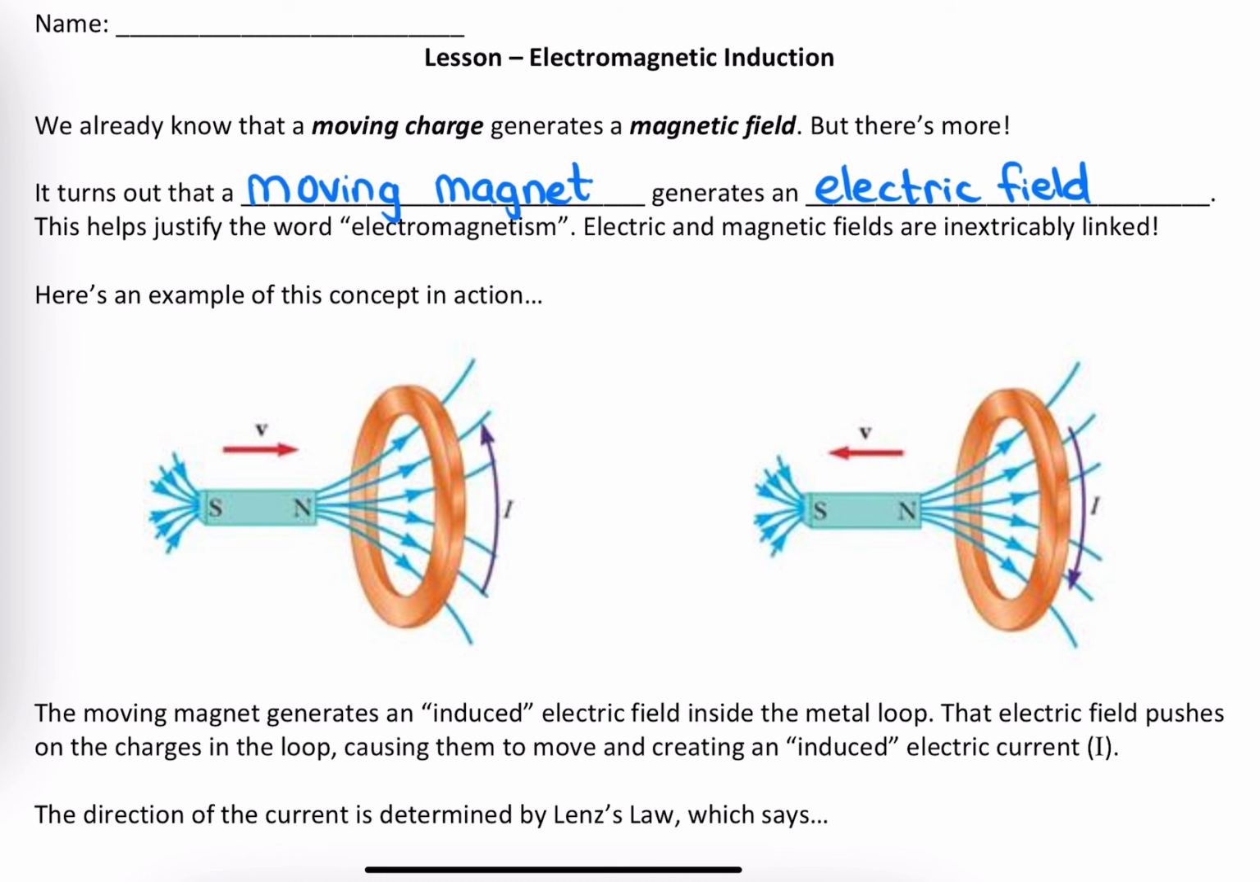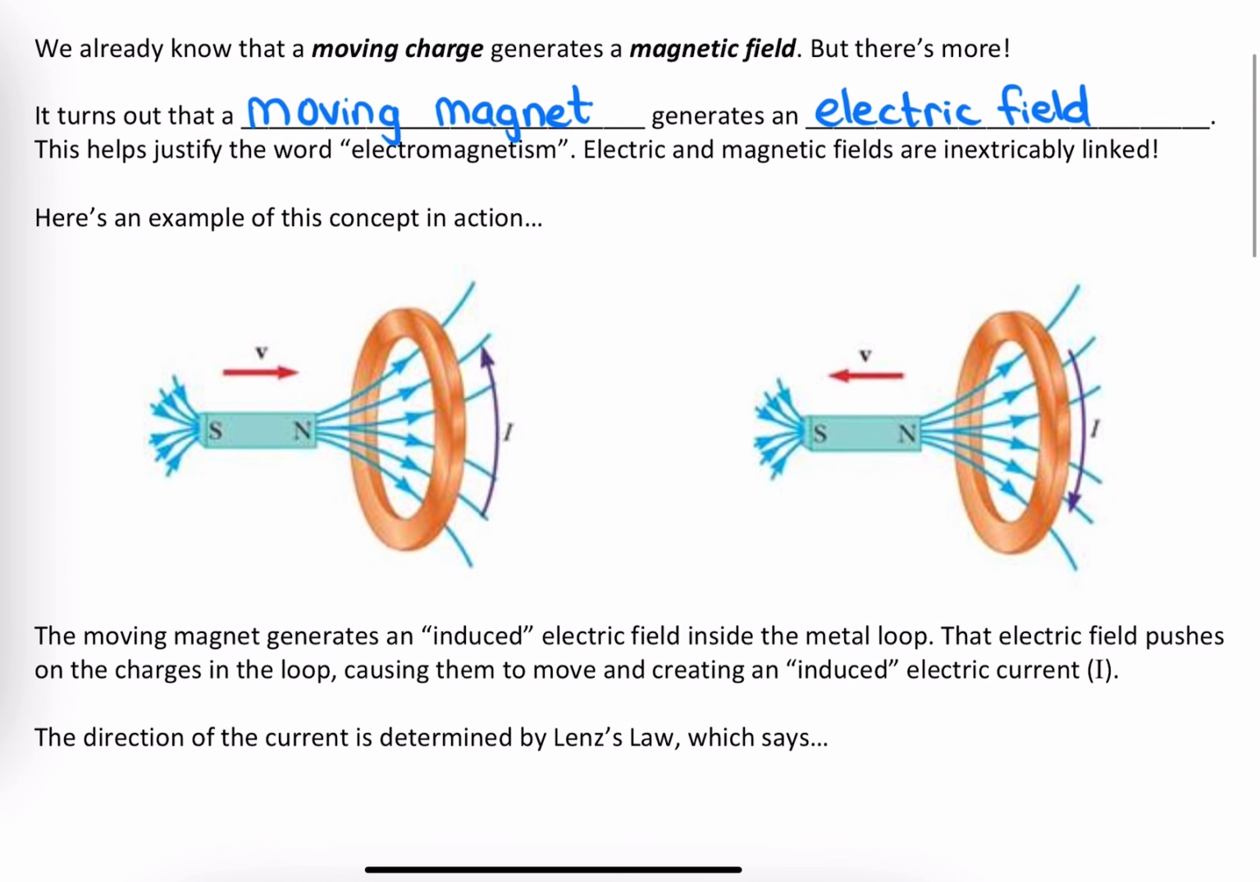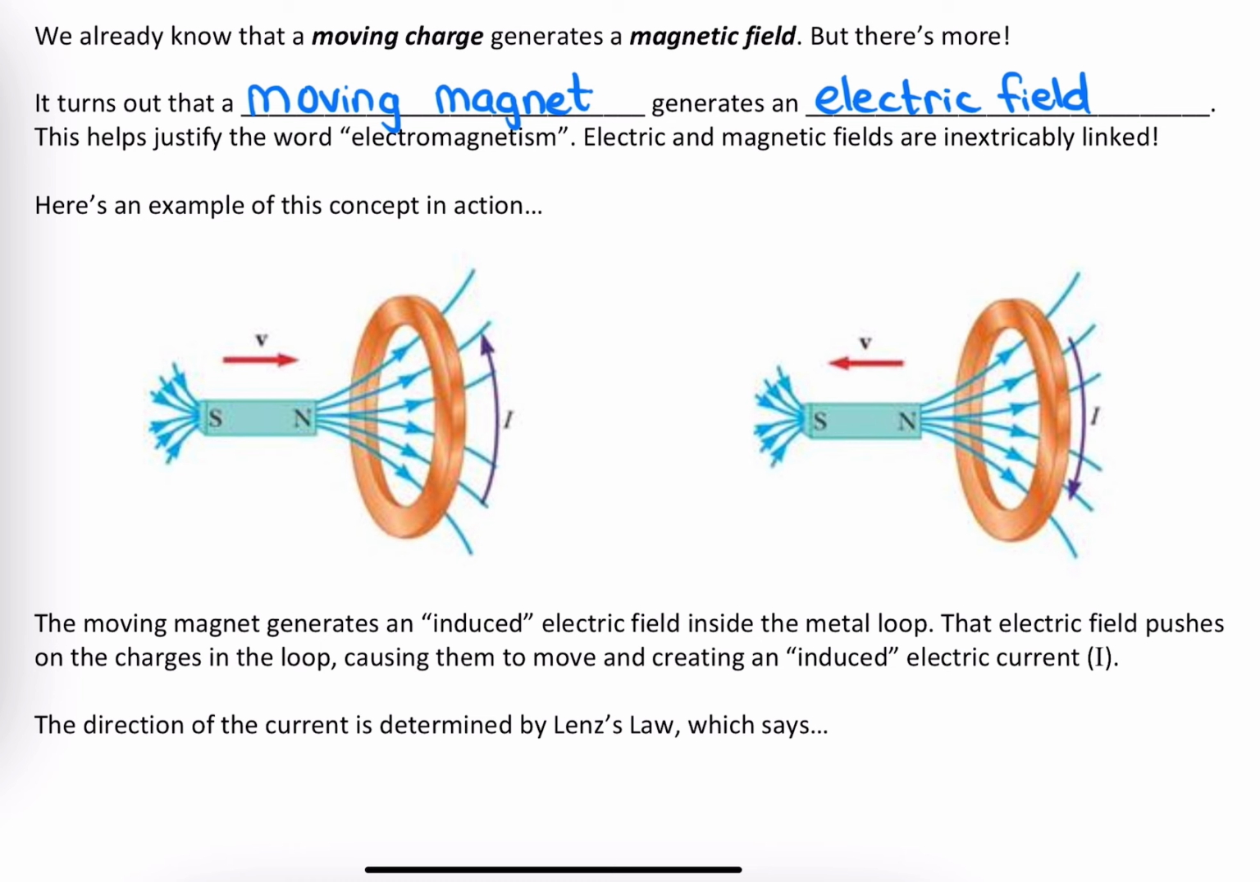Now here's an example of this concept in action to help paint a better picture. I have a magnet, north and south poles. If I move it to the right, towards this metal loop or metal ring, then I will make an electric field inside the metal of this ring. And that electric field will push on charges in the ring and cause current to flow around the ring